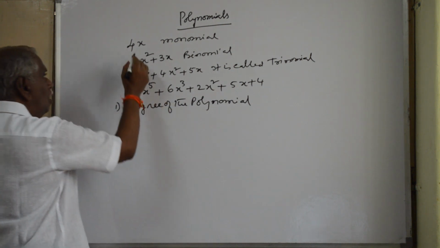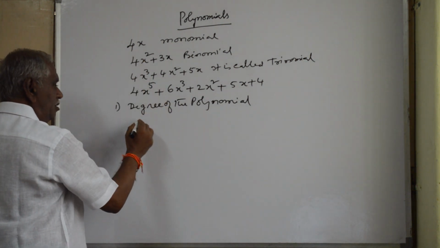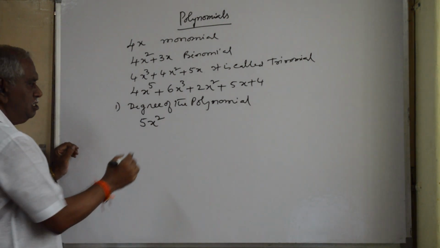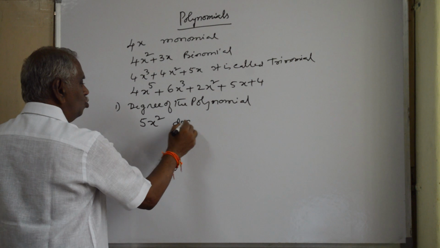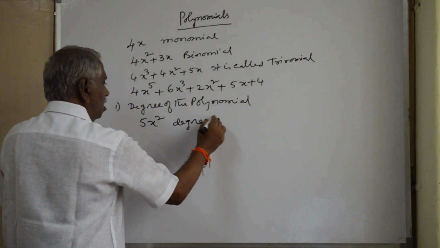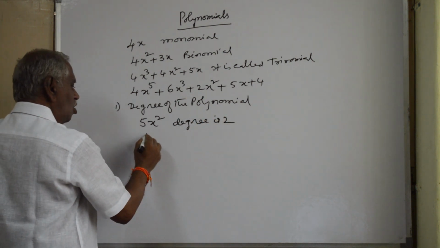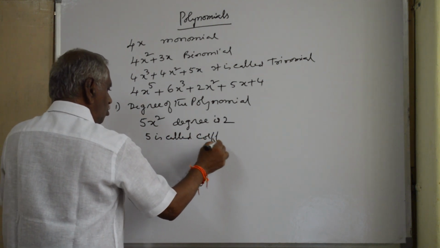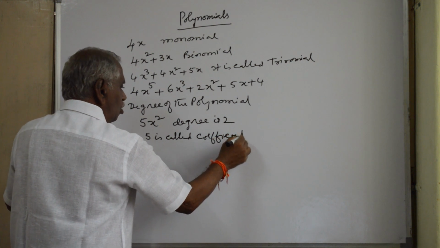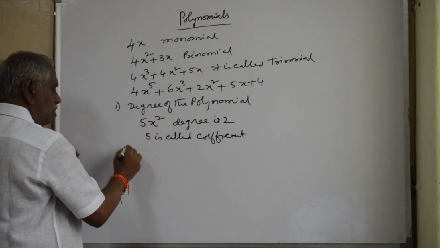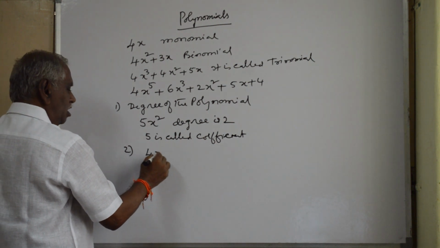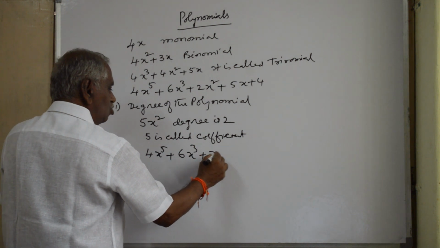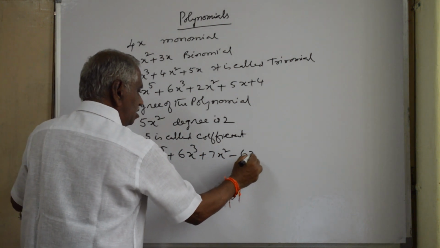Degree of the polynomial. Now, here we see 5x square. Here the degree of this term is 2. Degree is 2. And 5 is called the coefficient. Is called coefficient. If you consider this polynomial 4x power 5 plus 6x cube plus 7x square minus 6x